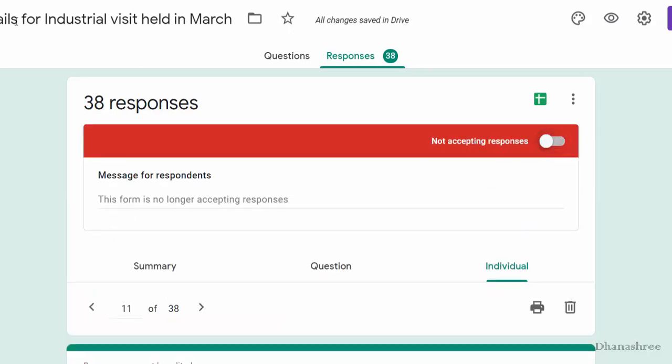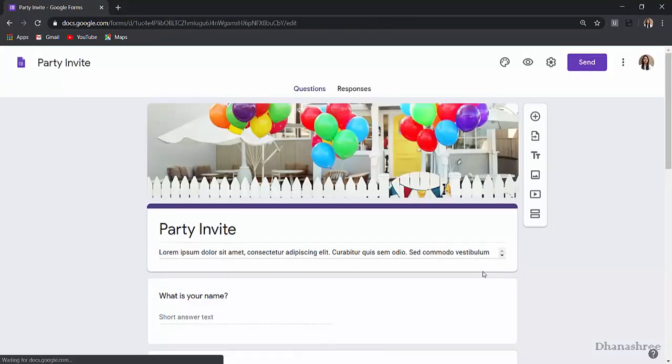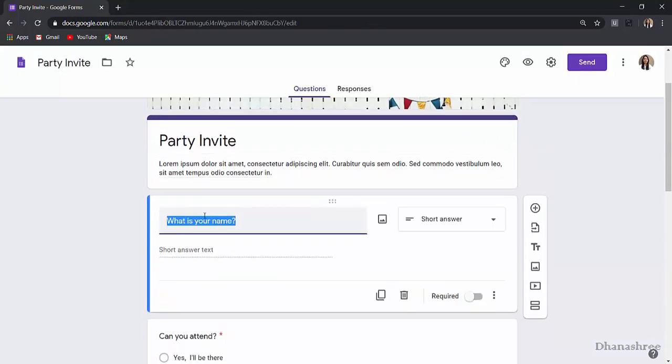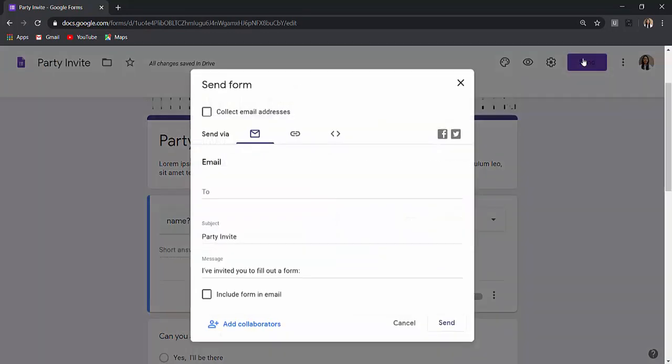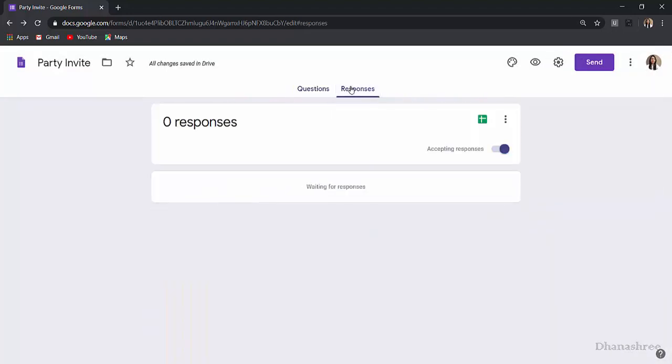The information will still be available in your Google Drive, but people with this link cannot fill in this form again. All these things are also possible if you select any form from the template gallery. You can edit it, share it, and see the responses.